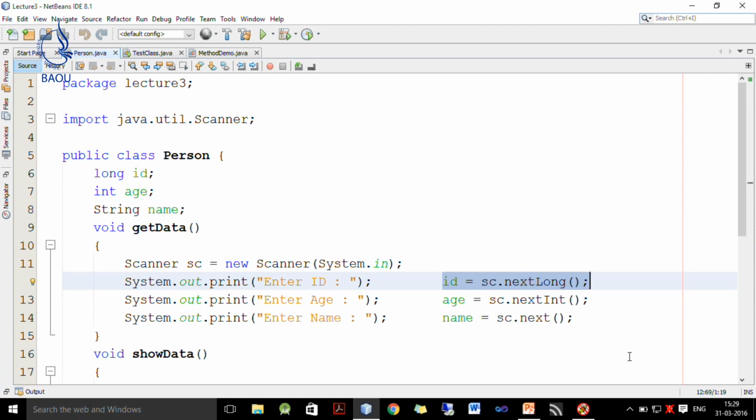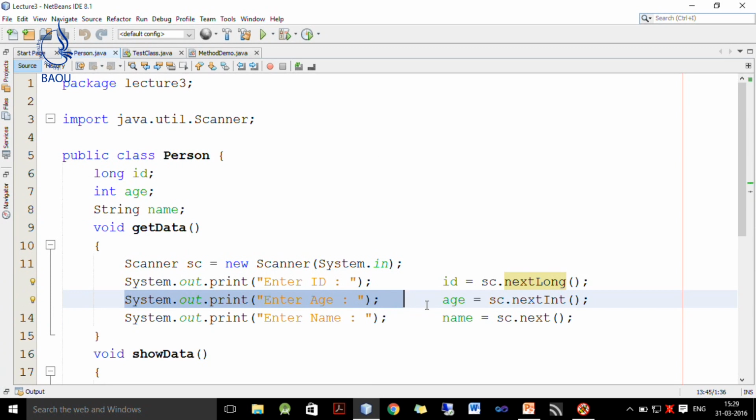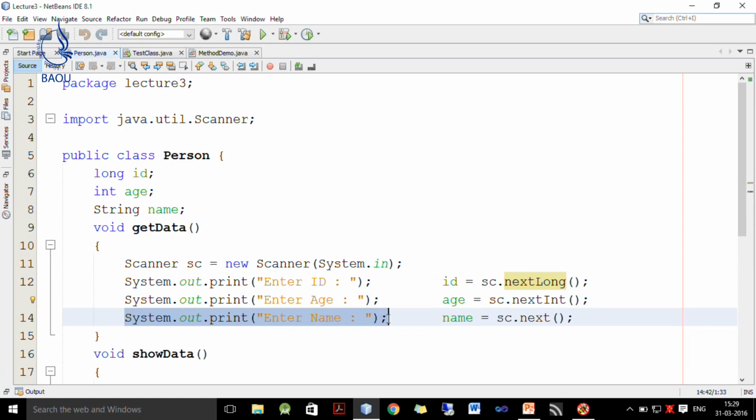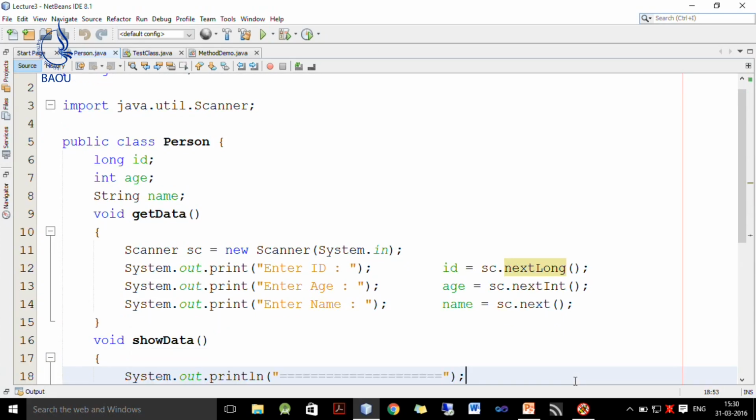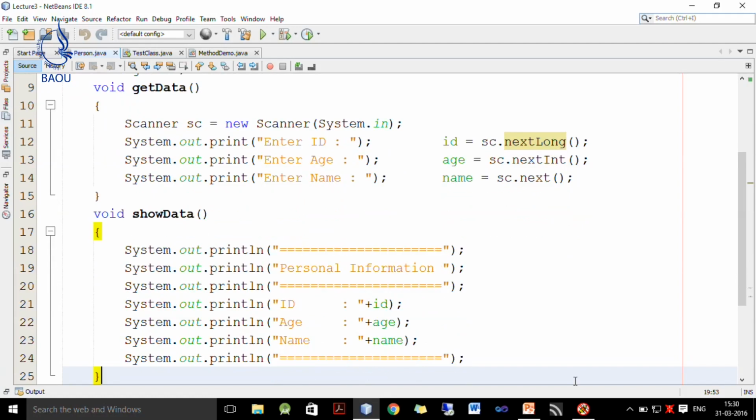Once id is read, we ask the user to enter age and it is stored inside age by the method nextInt of the Scanner class, and finally, we read the name of the person from the user and it is read using the next method, because next method returns a string. So, I hope you can understand this get data method which actually reads data from the user.